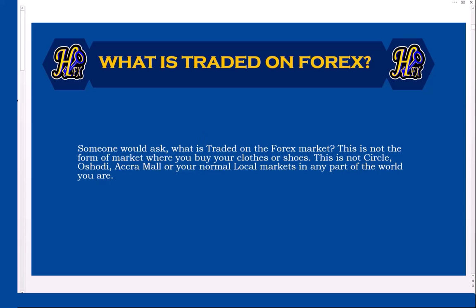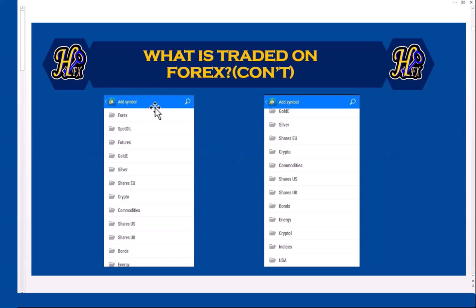So let's move on. Now, these are the things we trade in the forex market. So all these things over here are instruments. Now, the things we trade under forex are the currencies. So you also have the spot oil, which doesn't fall under forex. We also have the futures, gold, silver, everything. But I list all these things over here because we trade all of them online, just like how we trade the forex market. It's the same way we trade the rest of the instruments you can see over here.